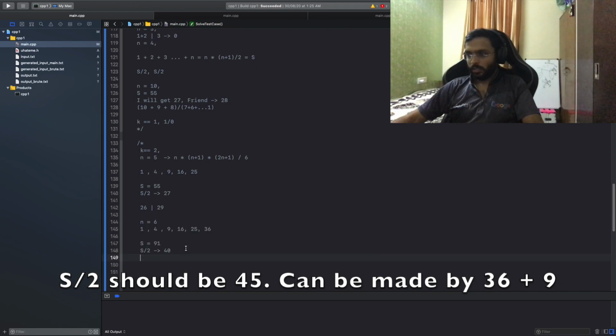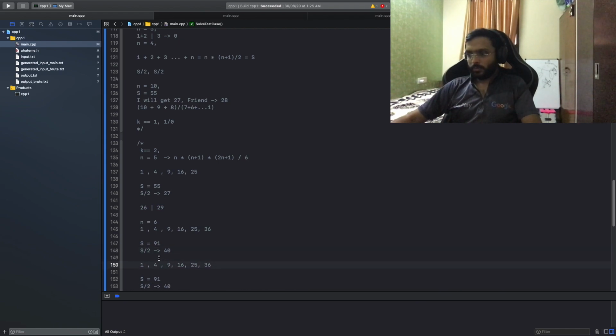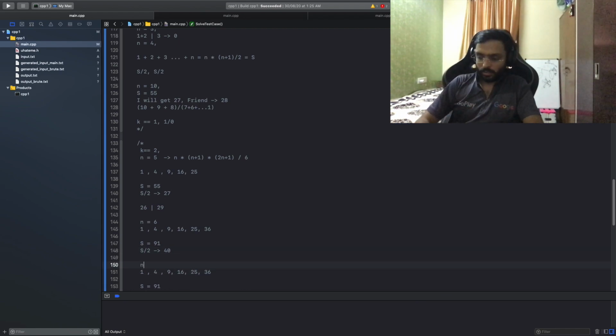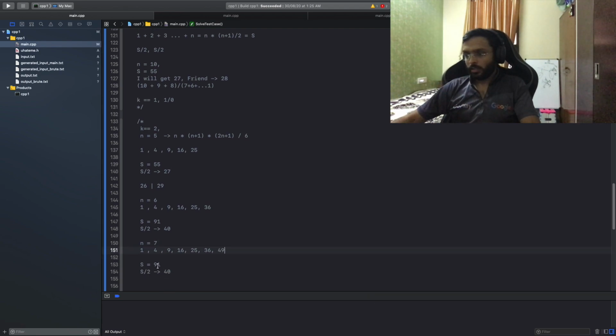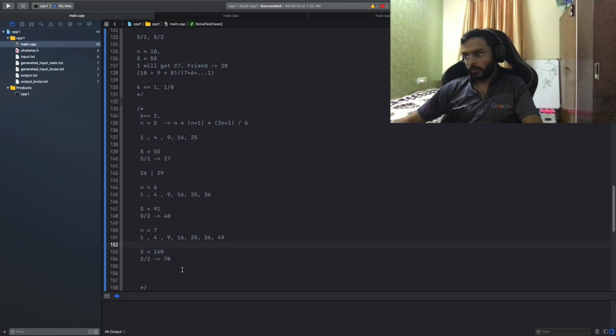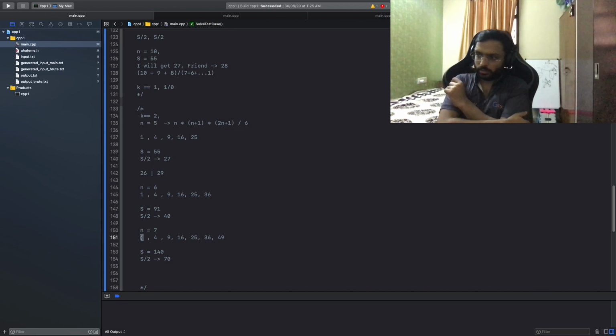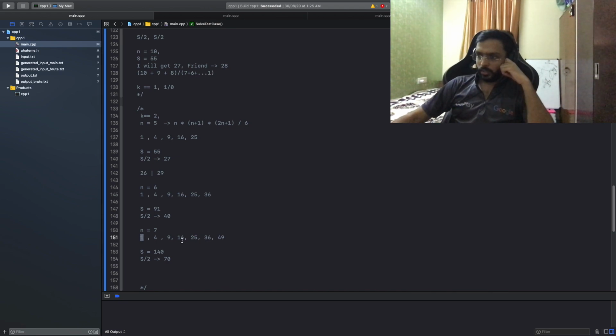Maybe let's just have one more for n equal to 7, 49. So sum becomes 140. So we would want to create 70. So 49, what's left? 21, right? So 49 plus 16, 65, and 5 more. Interesting. Even I am able to create this as well. So 50 and then 20, right? That's 70.